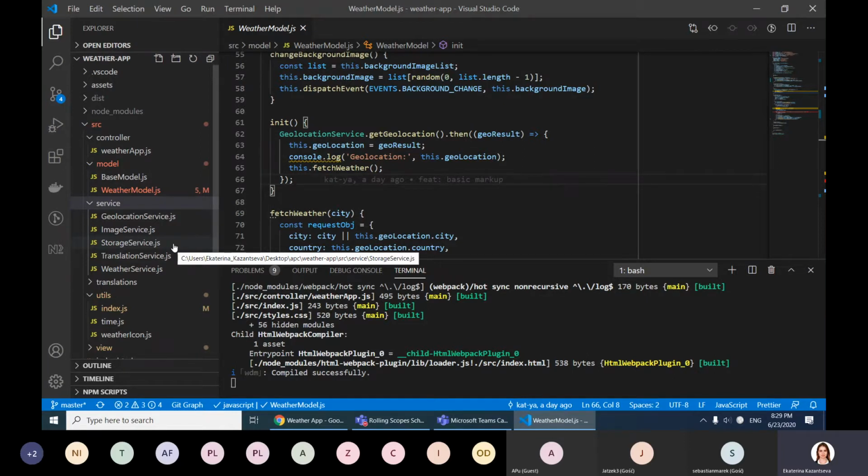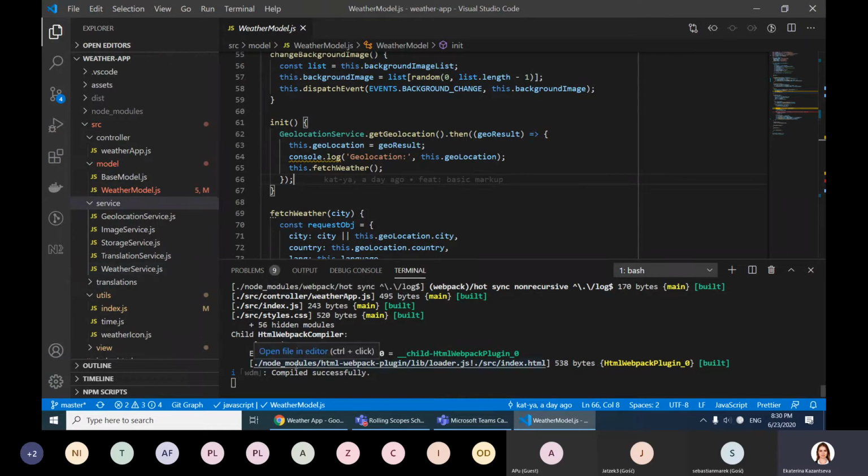So the storage service stores our configuration for that. And we have a translation service. I'm going to talk a little bit about it because I saw a question about how we should do translations in our app. And then we have the weather service, which deals with the